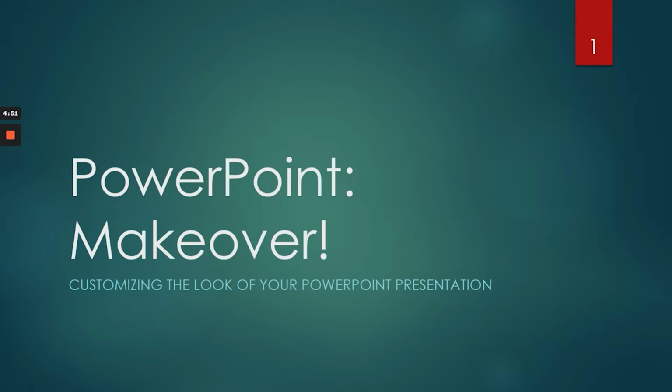PowerPoint presentation. In our previous course, PowerPoint Crash Course, we had a look at how to create a simple slideshow with just text and images, but this time around we're going to be using PowerPoint tools to add a little bit of polish. The first tool we're going to look at is templates, and to do that I'm going to